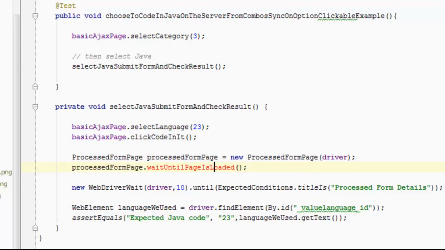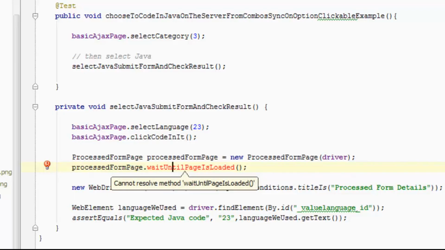Now this may become a common pattern in your tests. You may constantly be doing this. So you may create an interface that you want to code to called wait until page is loaded or page synchronization or whatever you choose. But at the moment I'm just going to make this a method on the page. And as I see more and more code repeating, I will refactor up to interfaces. I will refactor up to common objects. At the moment, I only have two pages, and only one of them am I currently waiting for it to be loaded. That might change as the tests go on. As tests start failing, I may need additional synchronization points. But for the moment,